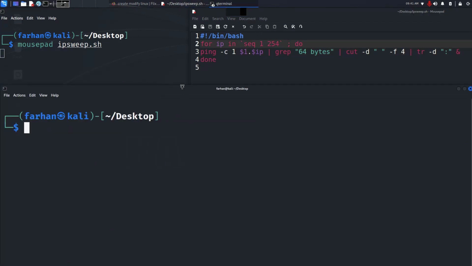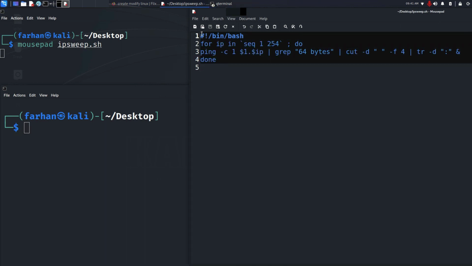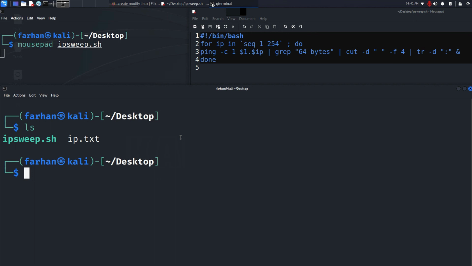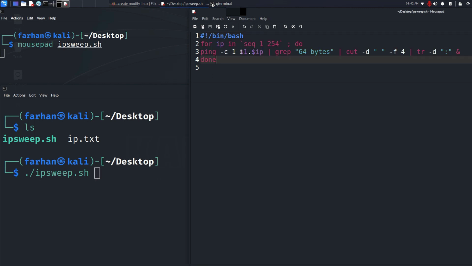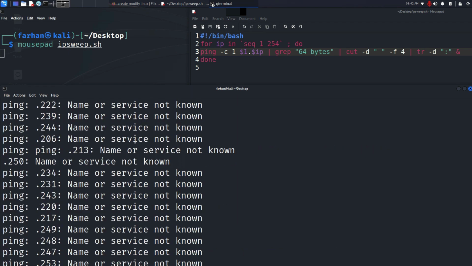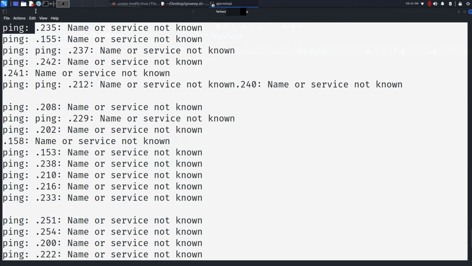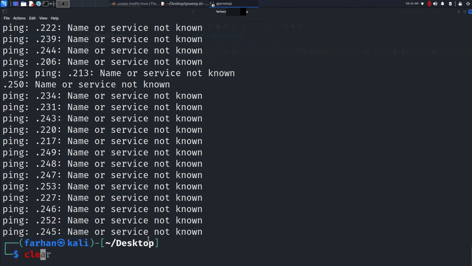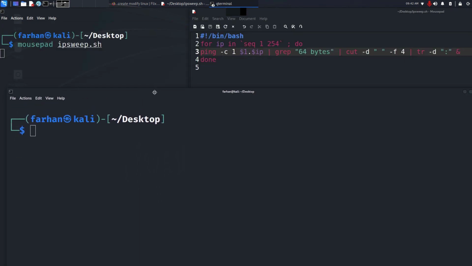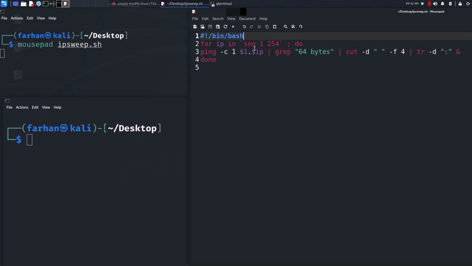Now everything is well and good, but suppose you send your bash script to your friend, but your friend cannot read or write bash script. Your friend can only execute the script. So he will, in his terminal, type in dot slash the name of the bash script, and if he presses enter, he will not know that he should put the positional argument 192.168 or your IP there. So not knowing that, he will just execute this script, and he will get this huge list of errors. Since he cannot read or write the script, he will not know what to do. So that's why we are gonna instruct him with an error message that he should do that,